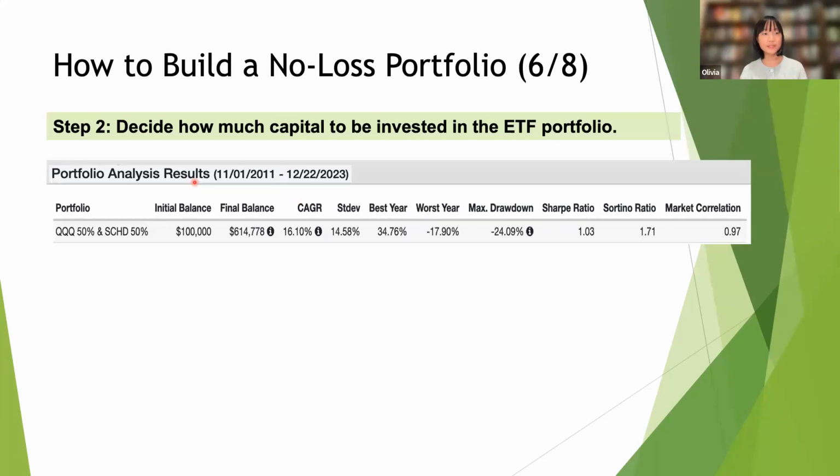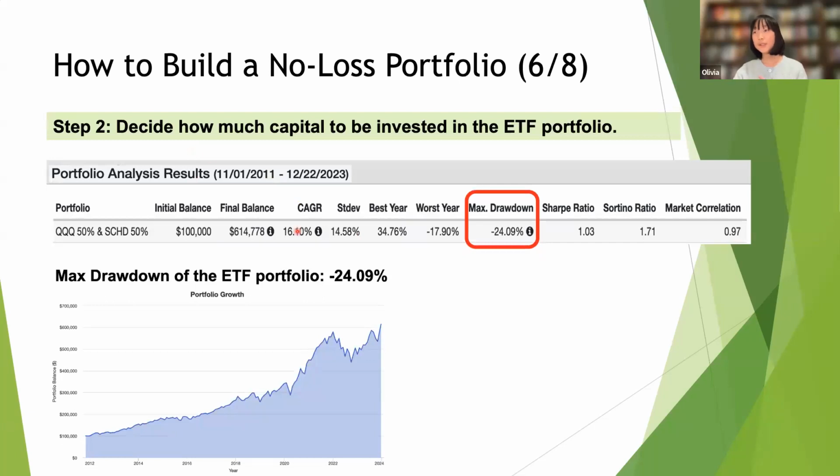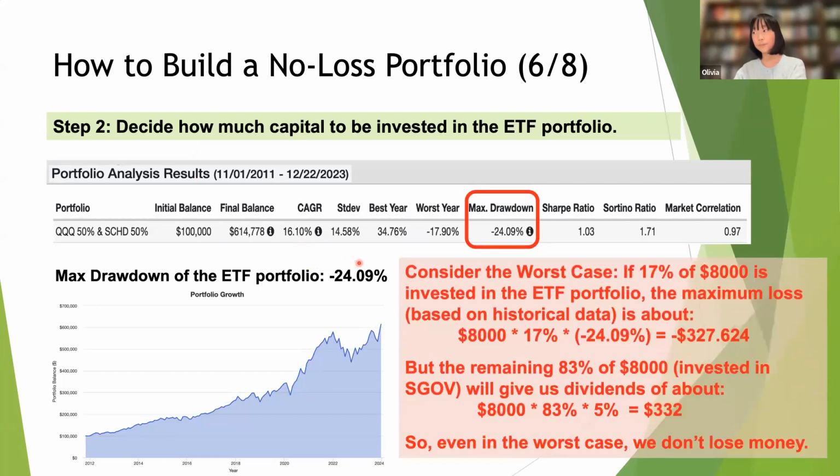Okay, now let's move on to step 2, deciding how much capital to be invested in the ETF portfolio. As you can see, the max drawdown of the ETF portfolio is negative 24%. So now let's consider the worst case scenario. If we invest 17% of the $8,000 in the ETF portfolio and invest the remaining 83% of the $8,000 in SGOV,